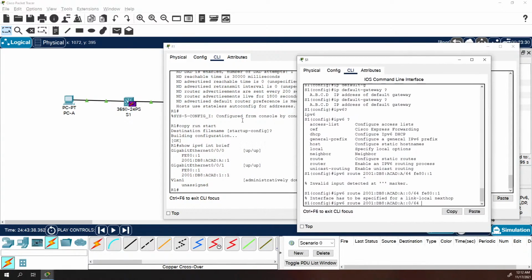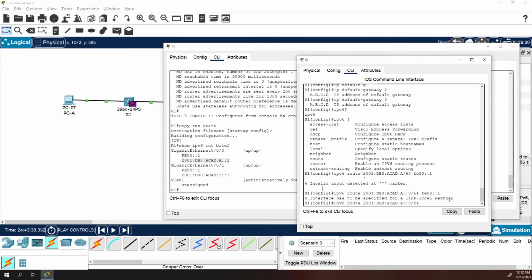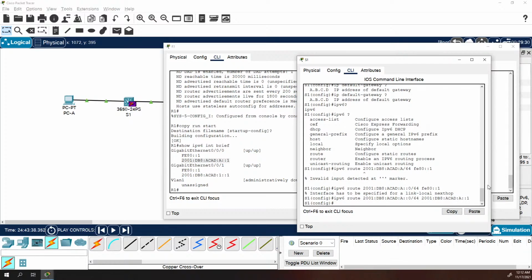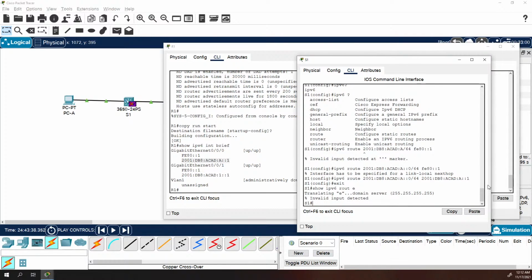Pull this over here like that. I'm a big fan of this whole right-click, copy, paste thing. Works pretty well. And we're going to right-click, copy, and paste. And there we go. So we go back, we can do our show IPv6 route. See, like I forgot to enter something there, but